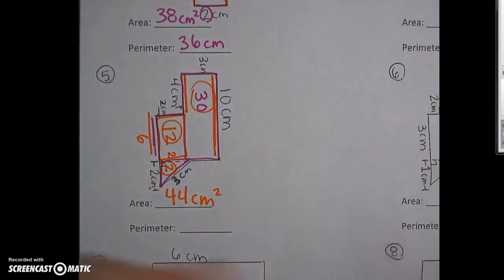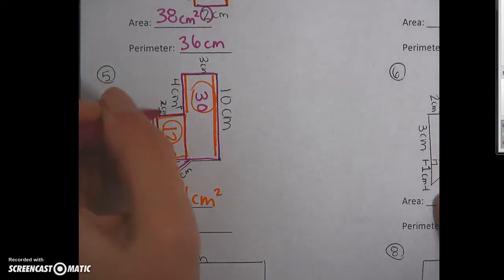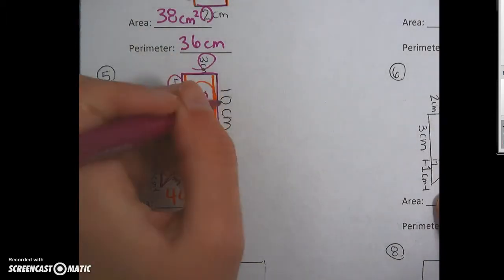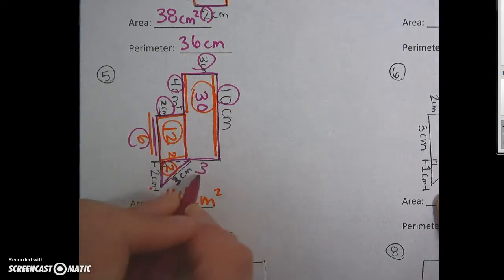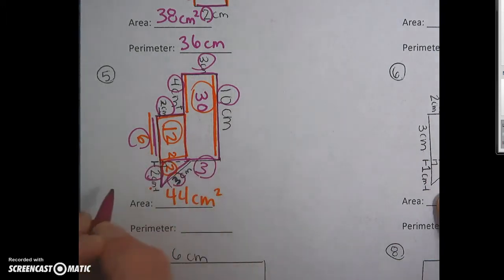And then for perimeter, I'm adding all of my sides. So I would go around and add up all of these. This would be 3. And when you add all of those up, it should give you